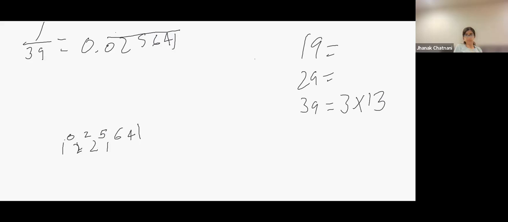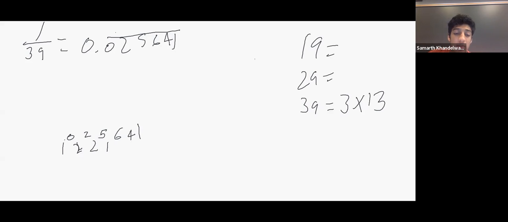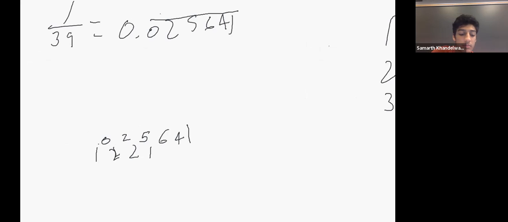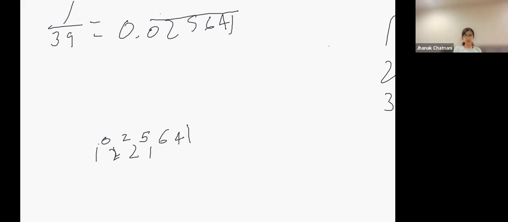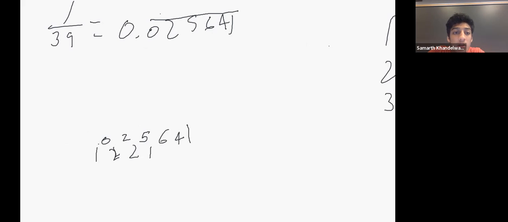Yeah. So that is a fact that I missed. But what that means for us is now this number actually becomes a lot smaller than you think it is. This is 1 over 39. So it is still a repeating number, but it is just a lot smaller than the